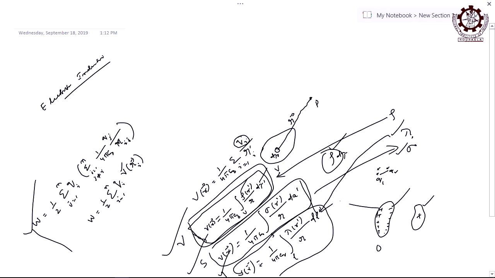If an atom is ionized, what does that mean? Suppose this is an atom, it has a positive charge and here is the electron. By the influence of the field due to this charged body, what will happen? It will ionize. Ionize means the electron will go away, right. When it goes away, it leaves a positive ion, right.